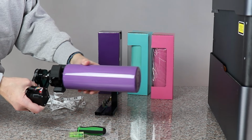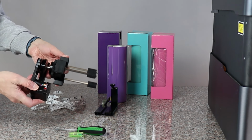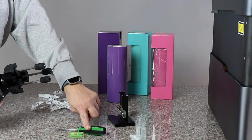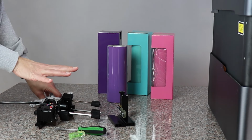Put my tumbler on like this and tighten it so it's going to stay on really well. The other things that come with the rotary kit are this extra piece that we're going to use in the machine. We've got a screwdriver, a level, and a measuring tape. So before I put this in the machine,